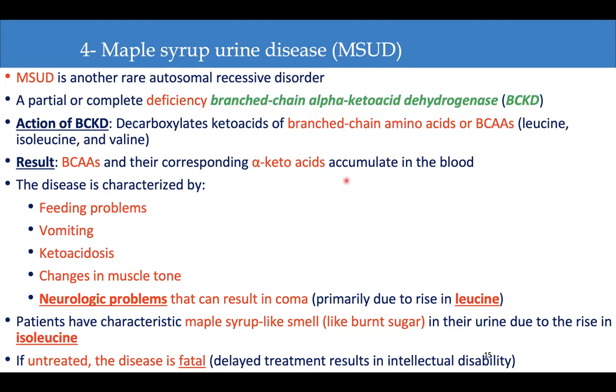Now, what are the features of this disease? Ideally, you're going to have a parent saying that my newborn is not feeding well and is vomiting a lot of what I feed my child. Other things could also be lethargy, so the baby is just very tired, loss of consciousness. Ketoacidosis, again, why? Because there's accumulation of keto acids. Changes in muscle tone, so dystonia,